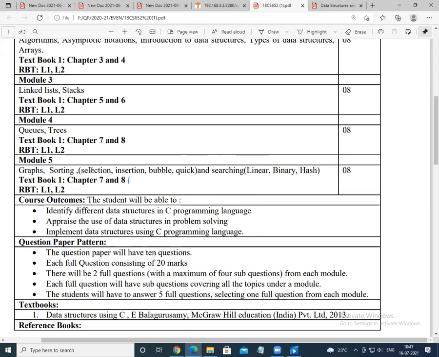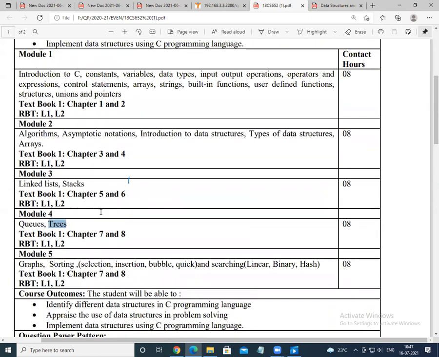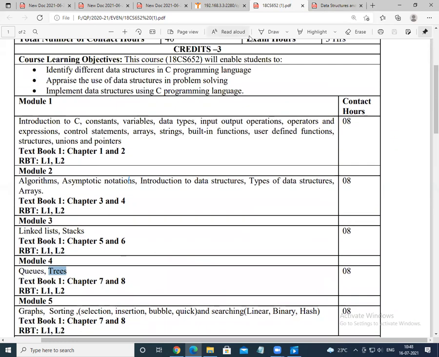If you want, once again I could repeat, so that next week we'll go with the graph that completes the complete module 5, wherein you can score 40 marks as per the choice based. Then I'll try to complete the trees, in such a way that at least modules 4 and 5, you make sure you get maximum marks. So always it is preferable.